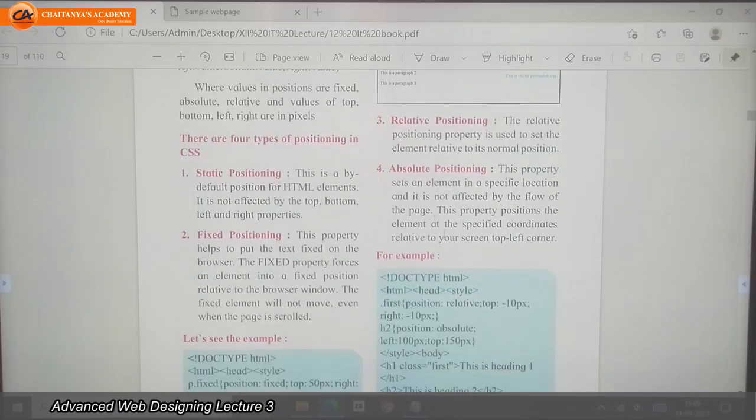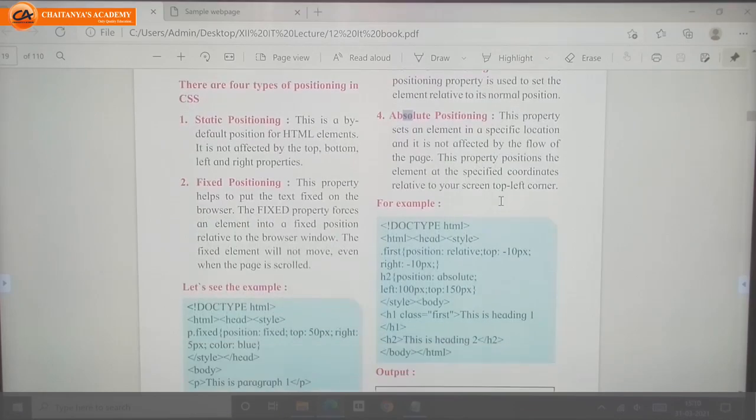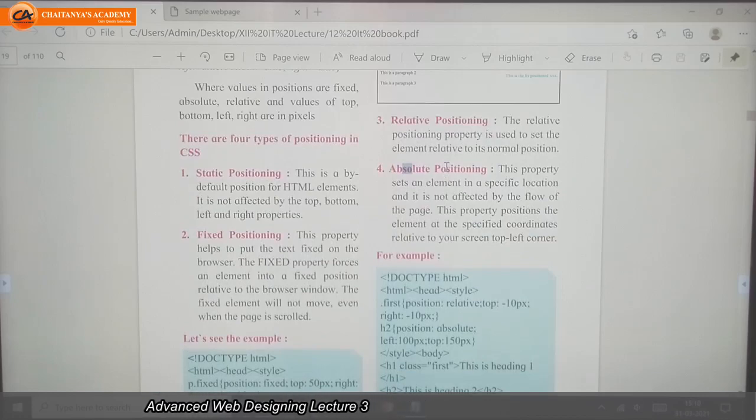Next property is absolute positioning. In that, the element is set according to the web browser window. Absolute position is relative to the screen or web browser window.